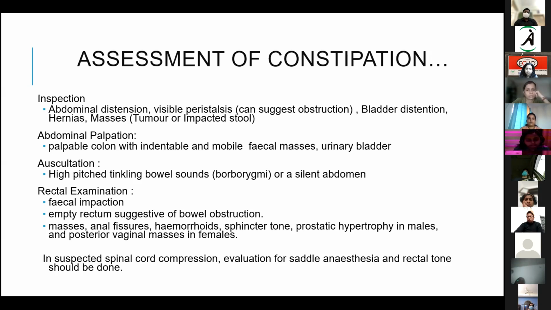And also when you're looking at spinal cord compression, check whether there's any saddle area anesthesia and the rectal tone, because depending upon the level of cord compression, the rectal tone would be either intact or lost. Mainly in cauda equina, you'll find the rectal tone being lost, and patients will tend to have more incontinence-like symptoms, whereas in somebody who has rectal tone intact, there will be more constipation or obstipation-like symptoms.